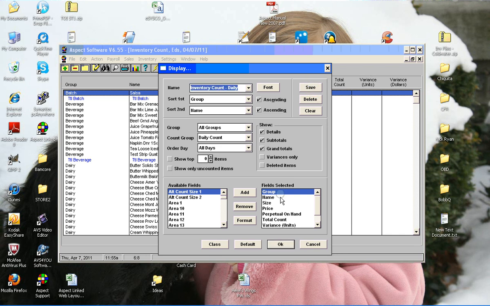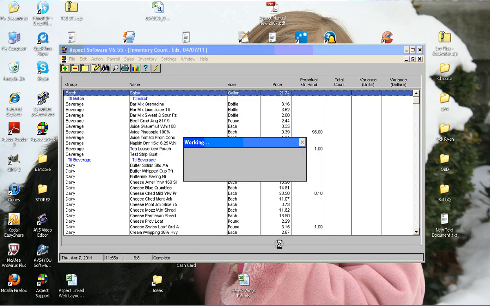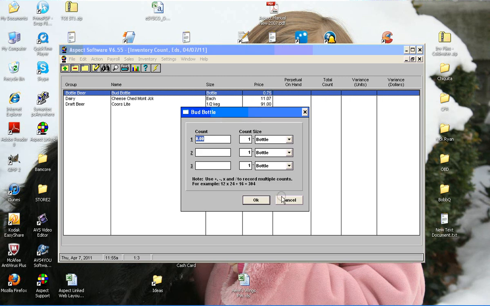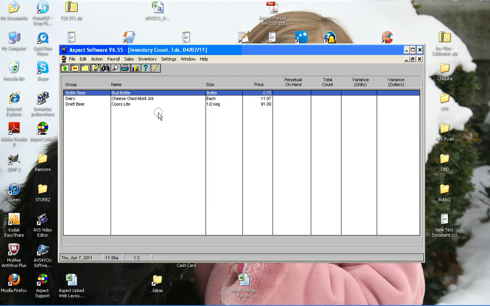By choosing custom again, I'm going to open this up to all groups, change my count group again to daily count, and this time I'll change this report. Once again, I'll save this report so that I keep this format permanent. And now I have a report where I can double click and add my counts just for the items that I've added to my sheet. The one thing you'll need to make sure of is that when you're doing a daily count of a few specific